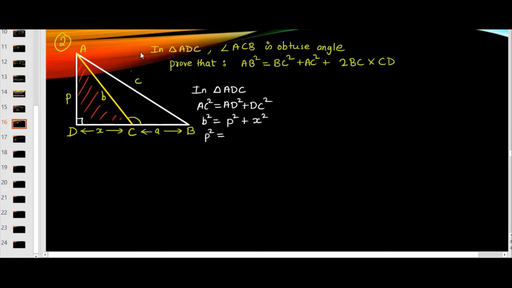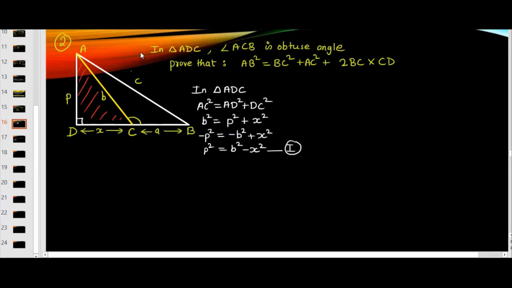Again, for this, I am going to write p square is equal. So bring the p square to the left side, bring b to the right. So it will become negative b square, because when we move any values, it changes the sign. And this is plus x square. Since we don't want negative p square, we can change the whole equation by changing the sign. So this will become positive p square, this will become positive b square, and x square will become negative. Let me write this equation as equation 1.